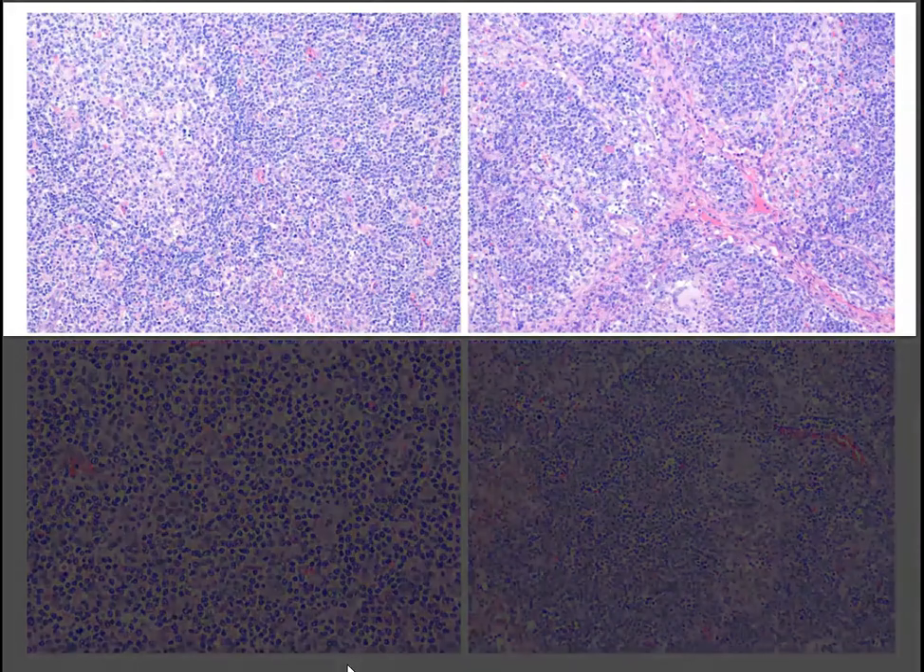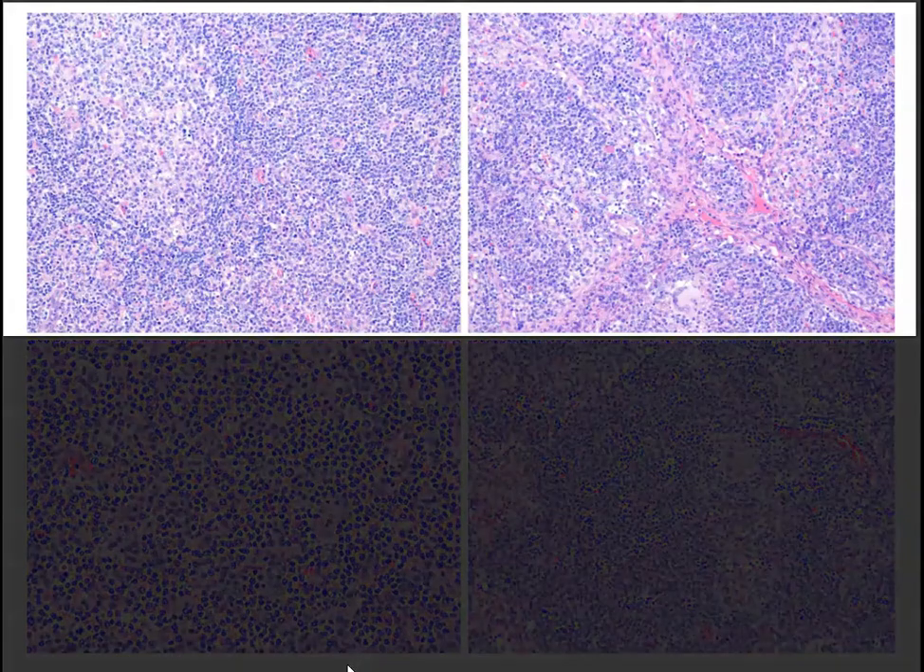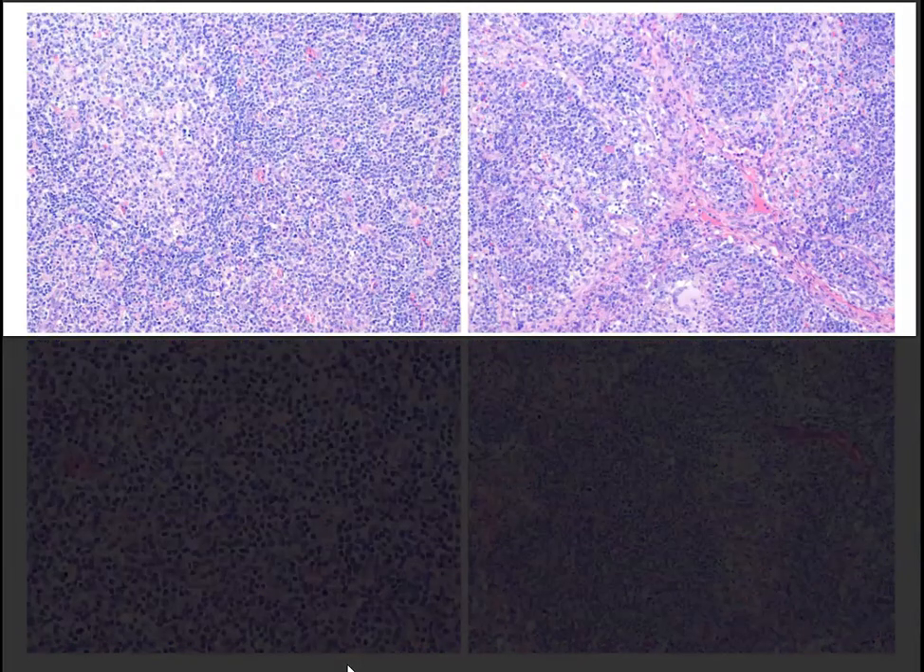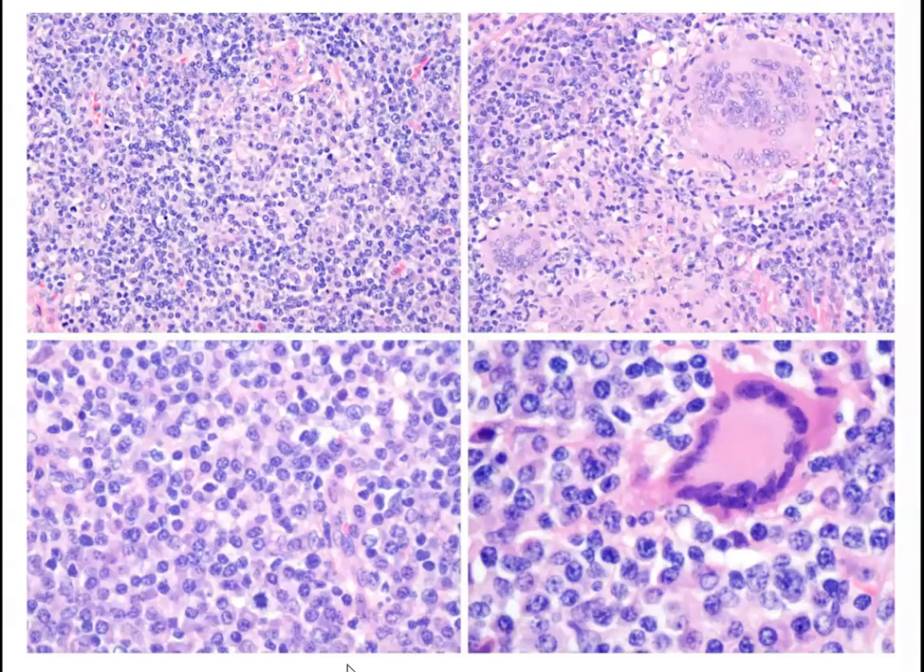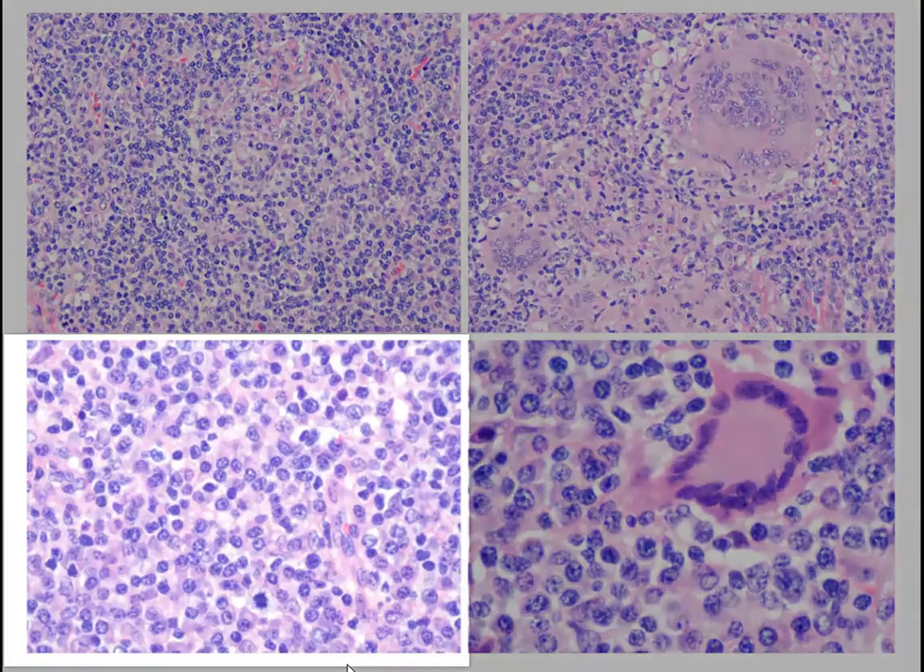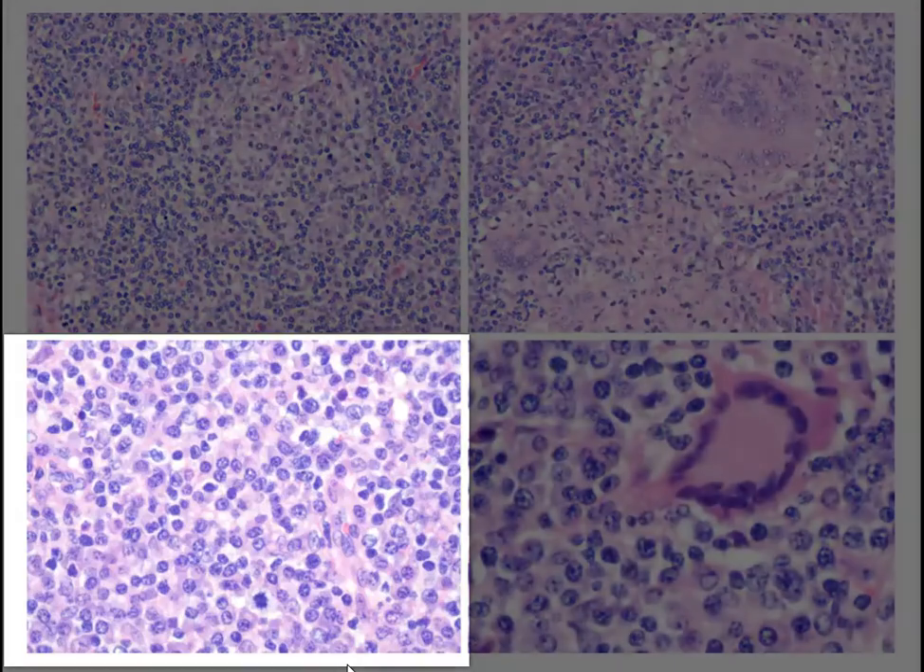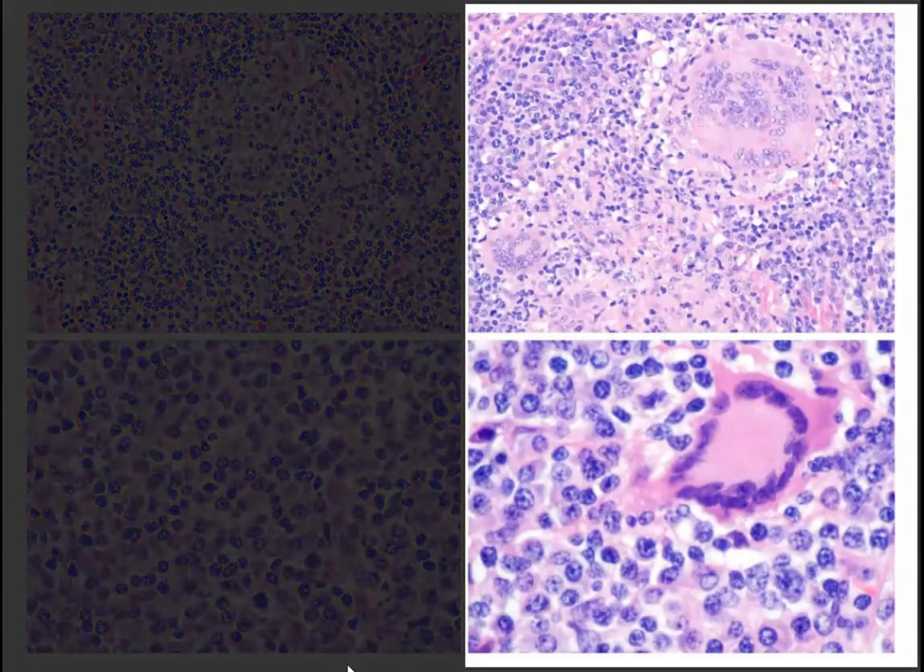In this example, we see a hyperplastic lymphoid follicle, an expanded interfollicular zone containing many plasma cells. There are also aggregates of histiocytes and scattered multinucleated giant cells. At higher magnification, we see the increased numbers of plasma cells and scattered multinucleated giant cells that are typical of